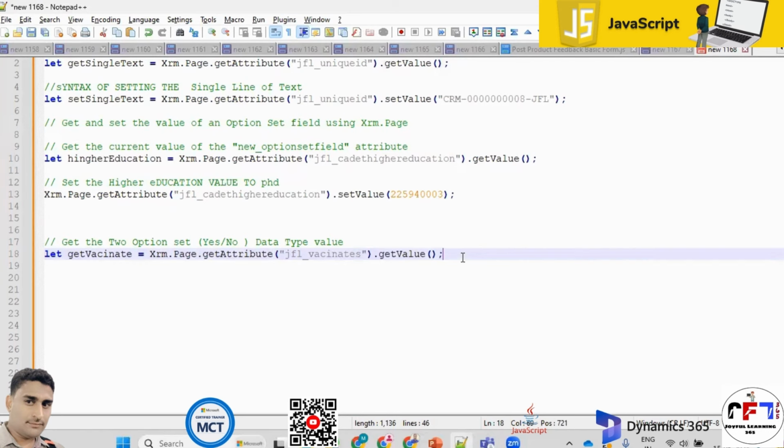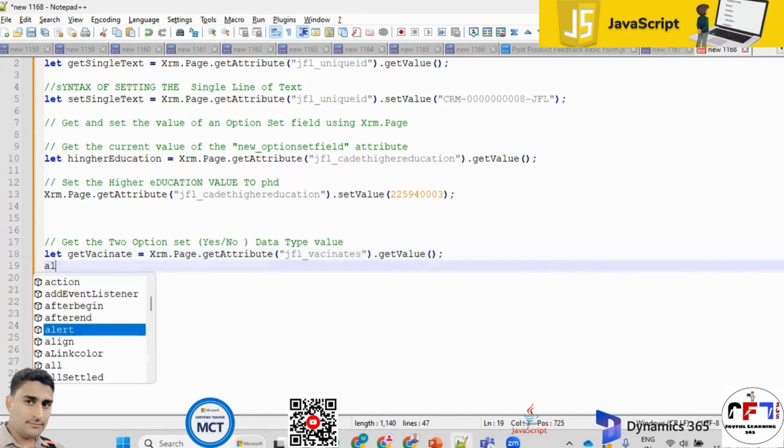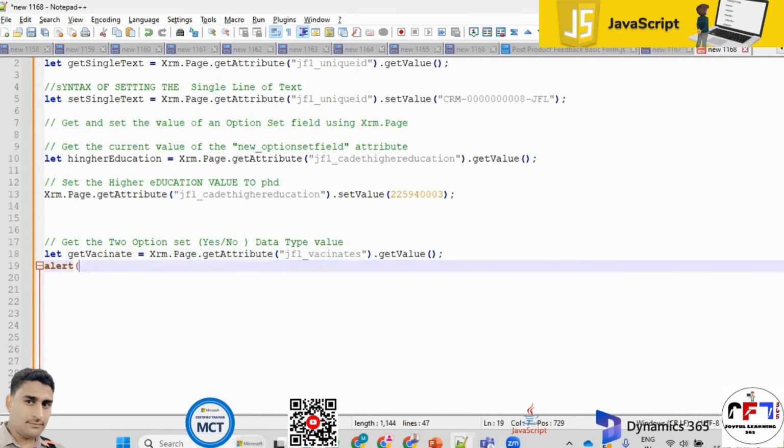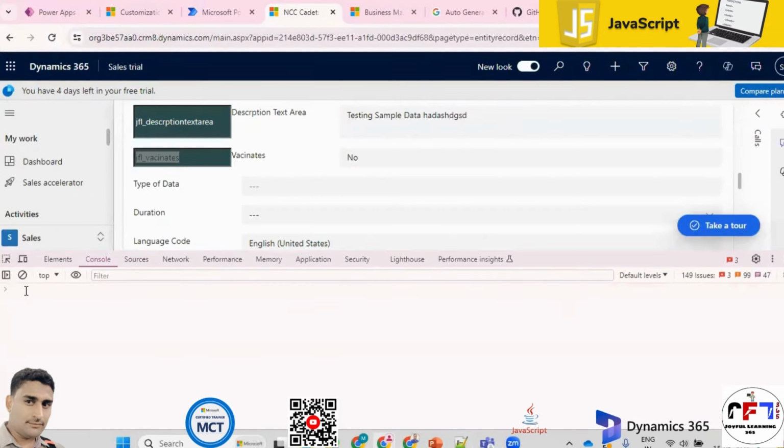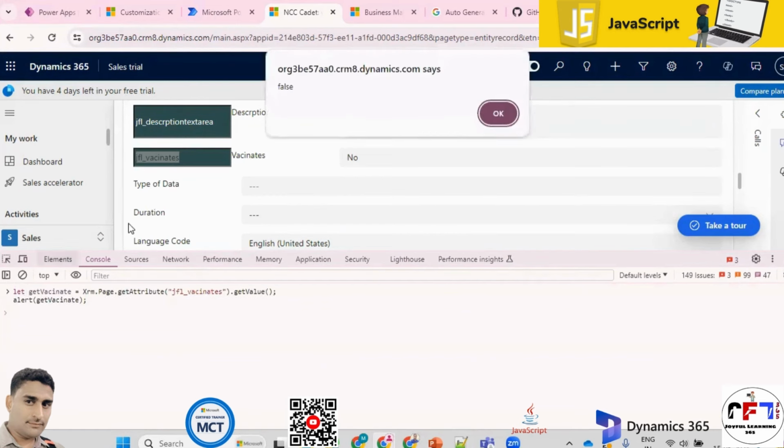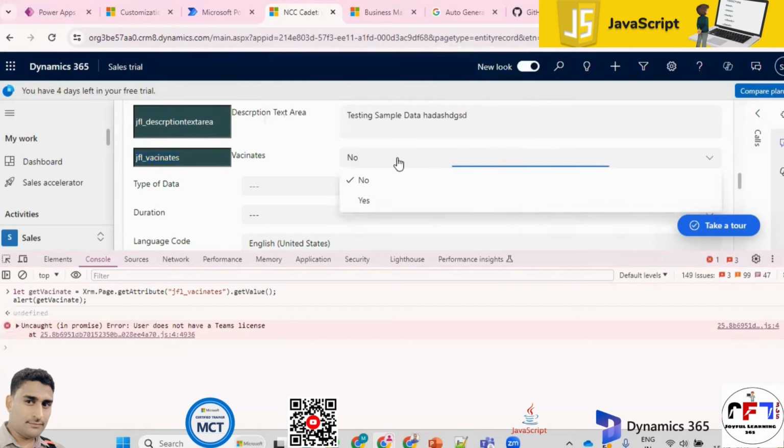So let's try to get the value. I am planning to give an alert, to print this value. I am writing these two things at a time. See, now it is set as a yes field, yes, right? So now what is the value? The vaccinate value you are getting is false. But here if you see it is no, but there we are getting false. Why? See, for a Boolean option set, or two option set, or yes or no option set, you will get the value as true